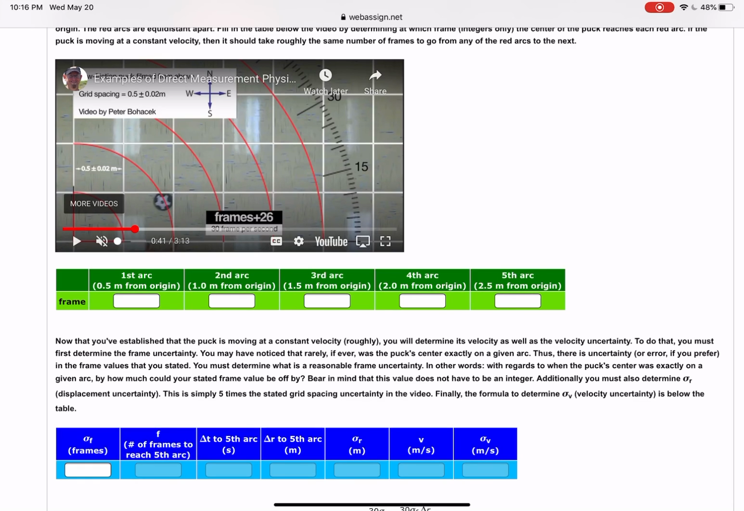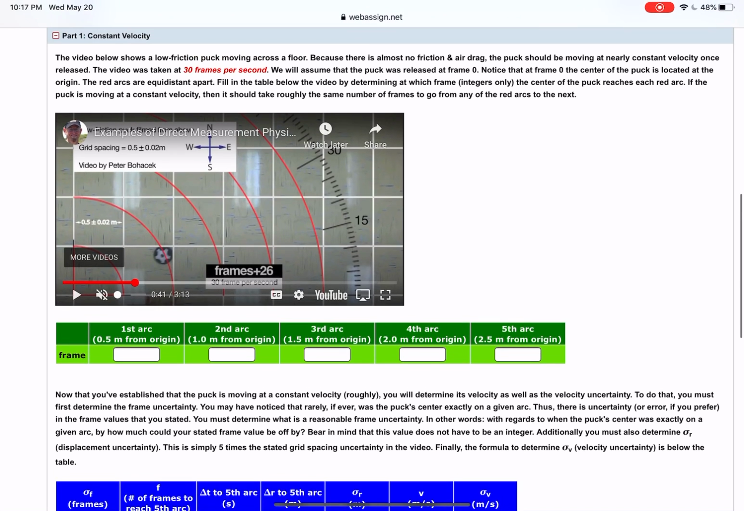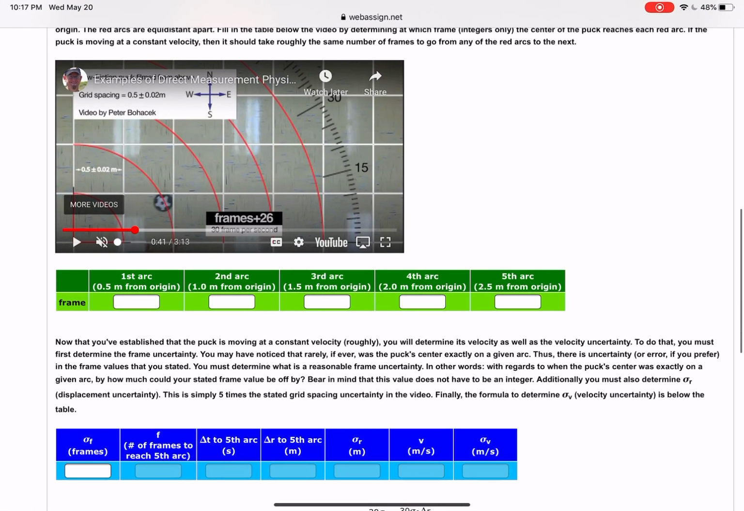Then you have to put the frame that reaches the fifth arc. You've actually already done this in the green. It was the last entry in the green table. From that frame, you should figure out how long it took to get to the fifth arc. You can do this because it states right there in the video, and also up above in the red, it states that this was filmed at 30 frames per second,